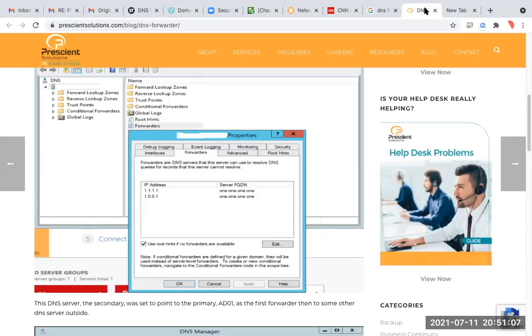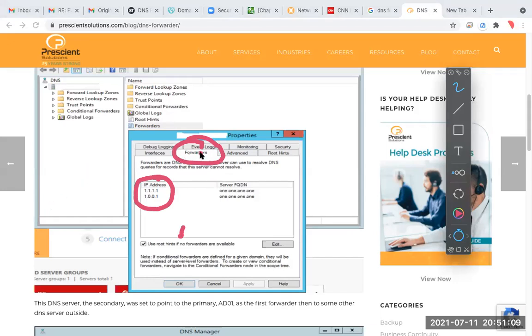Exactly, if I had a Windows server, I would have shown that. But here, there are some options like that. You can split the DNS server, sending some traffic to one server and some traffic to another server. But generally, for a small company with a single brand, you use this forwarder. So you will send everything to this.